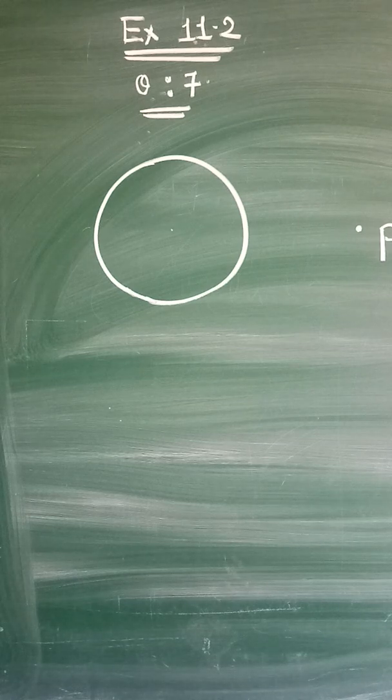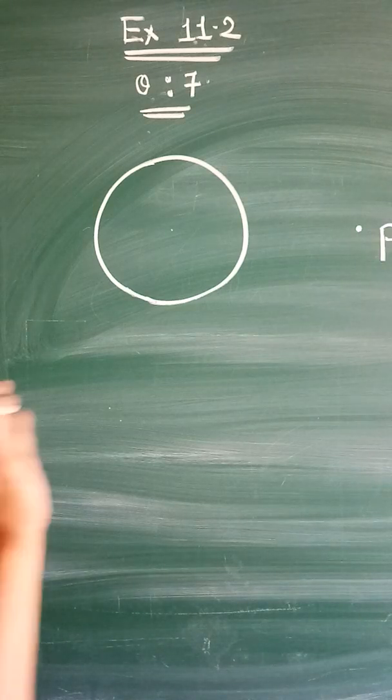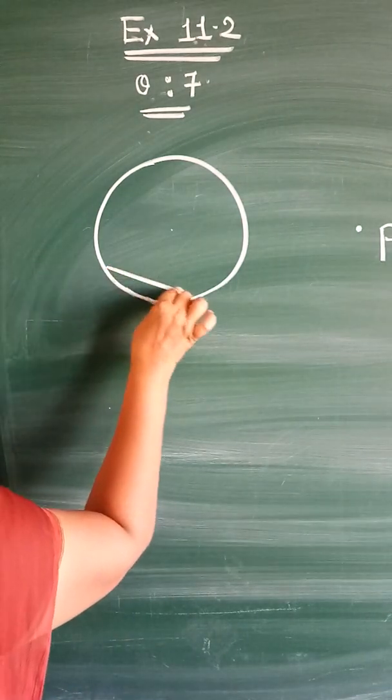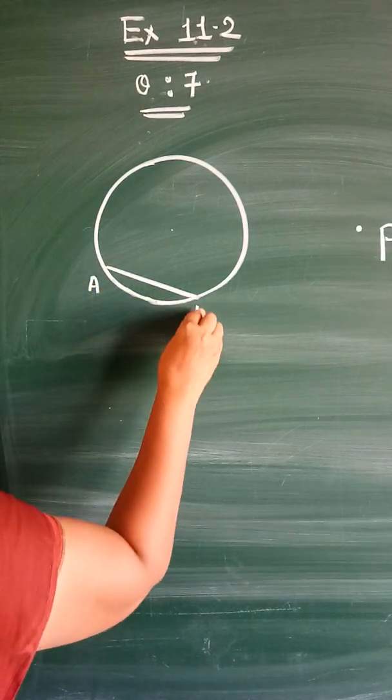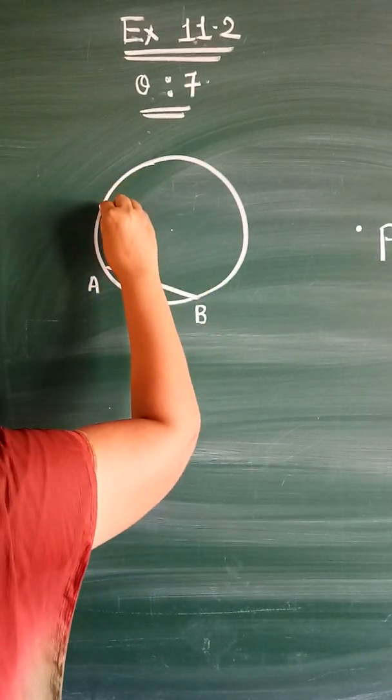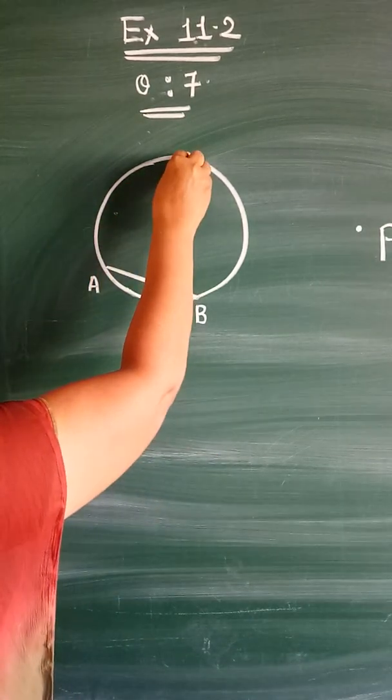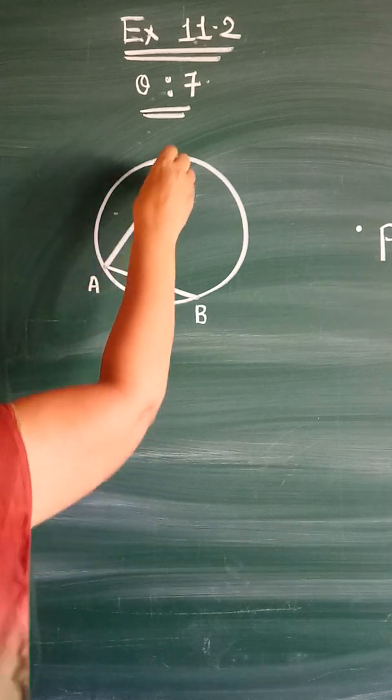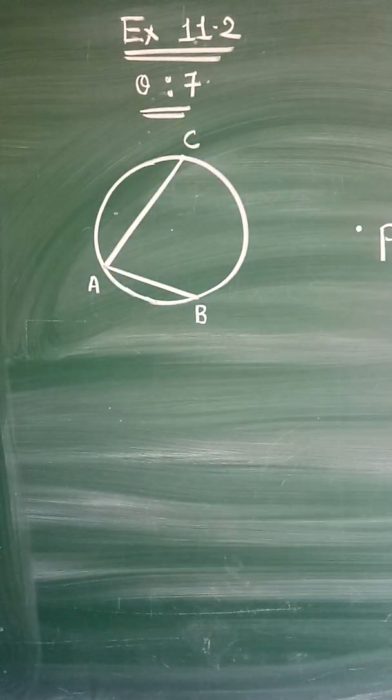If you remember, in 9th standard you have studied this, but let us just revise it. First of all I want to find the center of this circle. So draw two non-parallel chords in this circle. Suppose we take two non-parallel chords. This is chord AB, and for another chord you can take CD also, or from A also you can take. Suppose I am taking another chord AC. Now as soon as we draw the perpendicular bisectors of AB and AC, wherever they intersect each other, that will be the center of this circle.